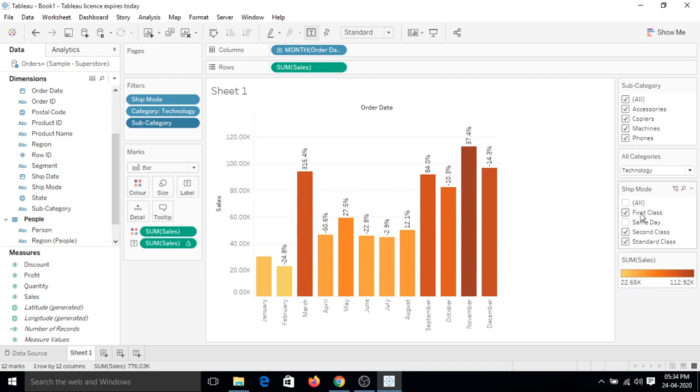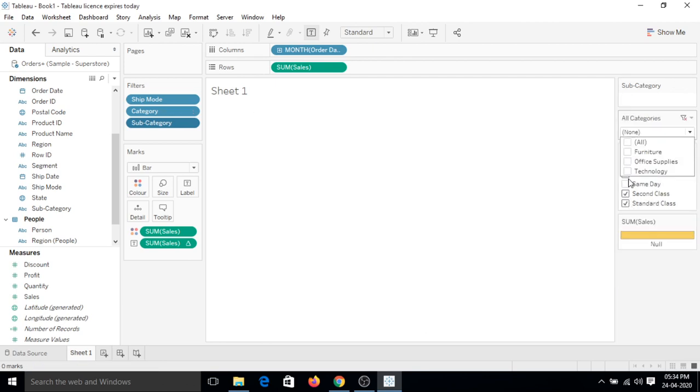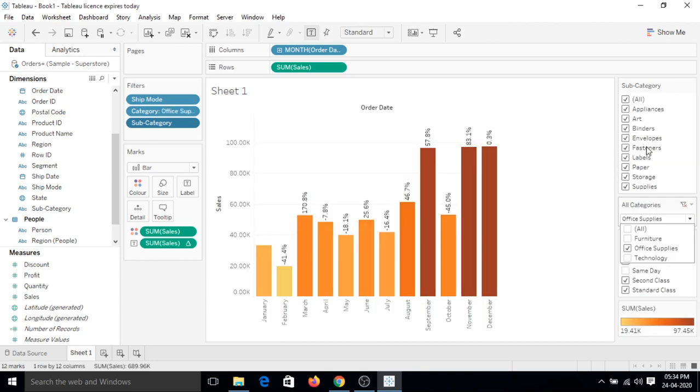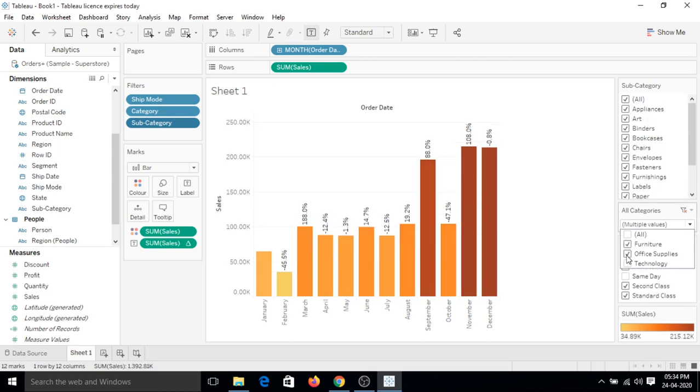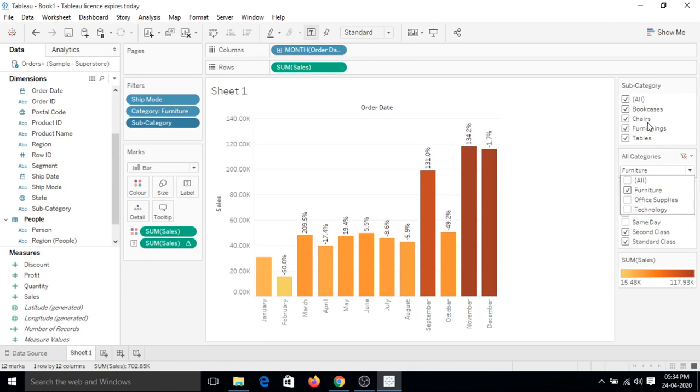Now you can see that only those subcategories are coming which are under technology. Now if I uncheck technology and click office supplies, only those subcategories are reflecting which come under office supplies. Similarly for furniture, bookcases, chairs, furnishings and tables come under furniture.